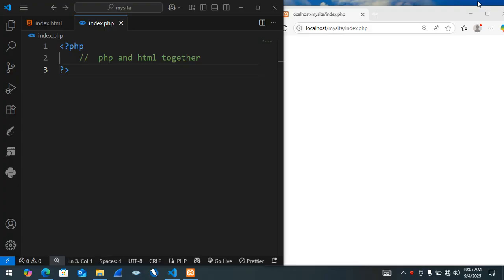We shall then take a look at how we can echo dynamic content. We shall then take a look at conditional statements and loops inside the PHP, inside the HTML, and then lastly we shall talk about forms and processing inputs. So by the end you will know how to create web pages that react dynamically to data and user actions. So let us take a look at the basic